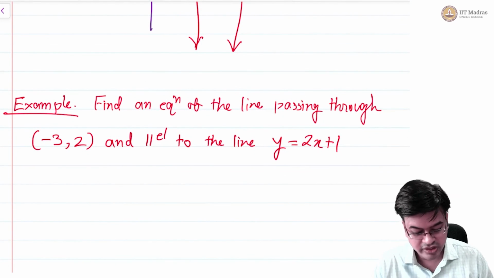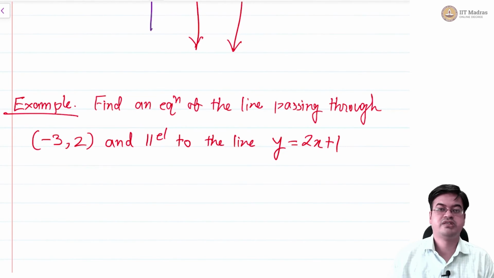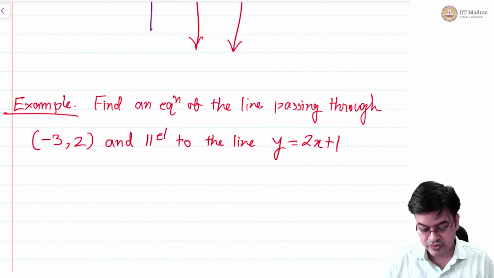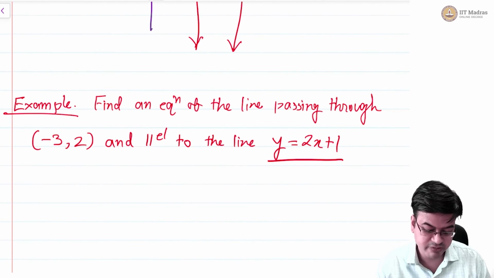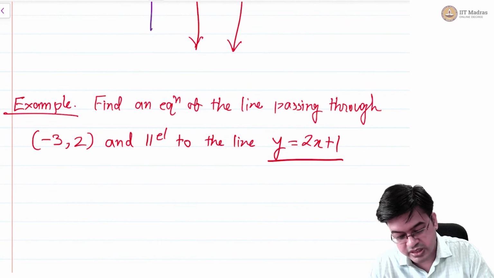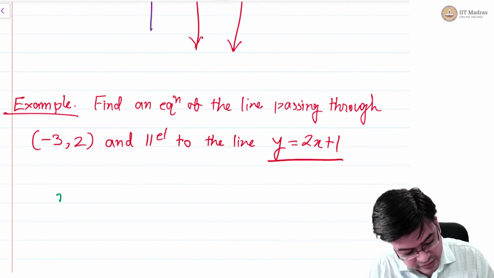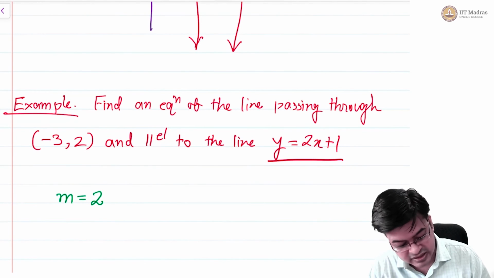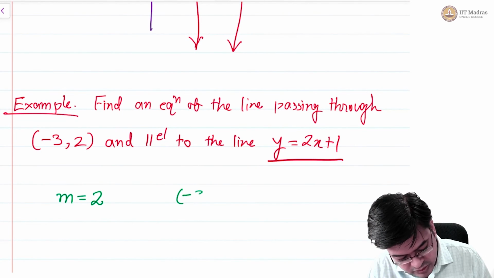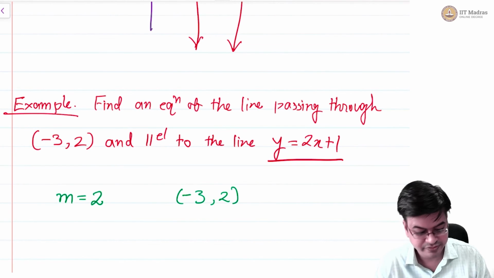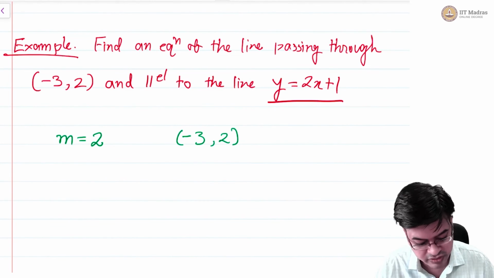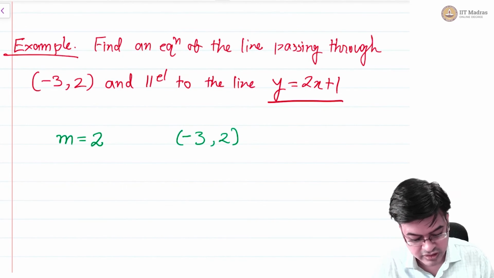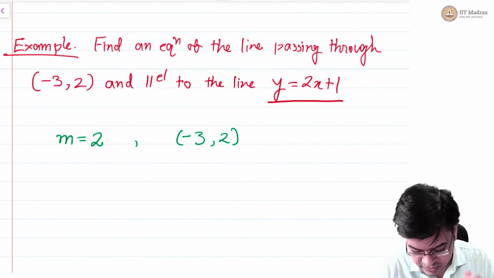Now what information do you need? You need to convert this to slope-point form or slope-intercept form. So here is one equation, y = 2x + 1. What information can you extract from this? You can extract that the slope of the given line is 2 and your new line should pass through the point (-3, 2). You can actually graph also, and you can find the equation also. So both algebraic as well as geometric approaches are possible.